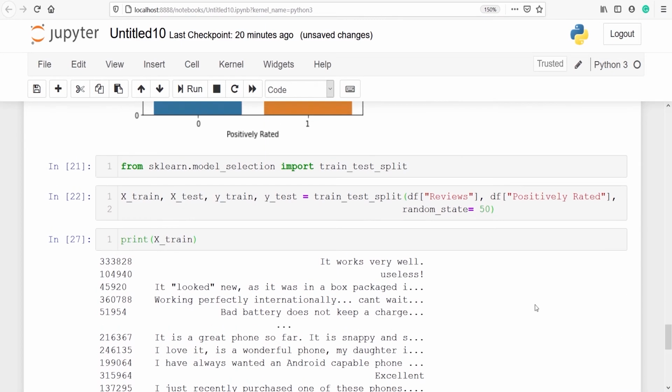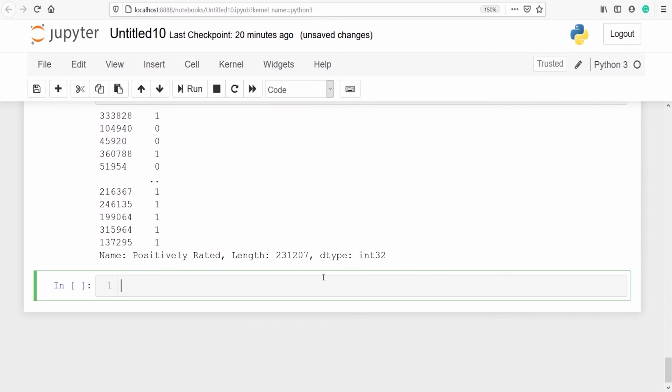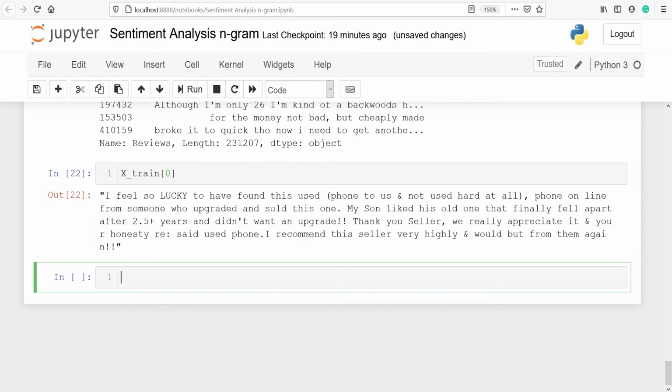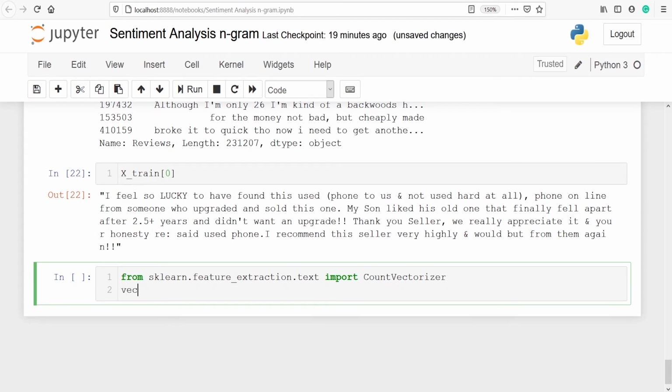We can also look at some rows of this X_train. Let's import CountVectorizer from sklearn.feature_extraction.text import CountVectorizer. We will make one variable vect, and we will call our class CountVectorizer.